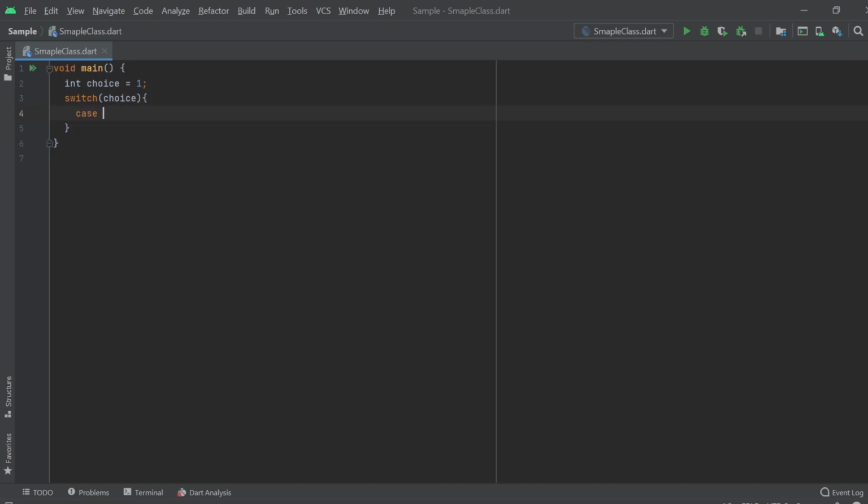Then I will write cases, like if choice is equal to 1, I write case and then the value that I want to compare with this condition. Then I will write the colon and then the thing that I want to run.